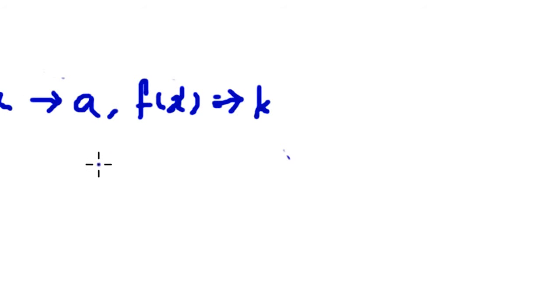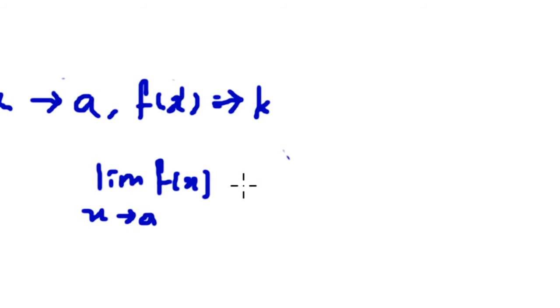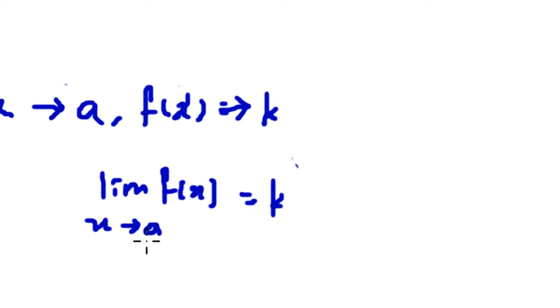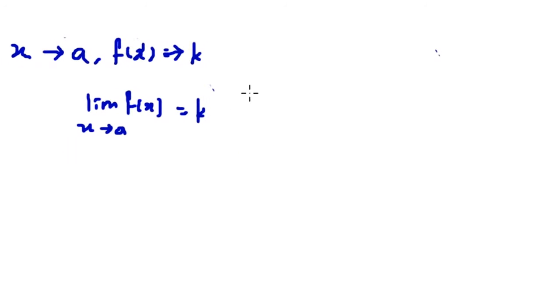This result can be written as the limit of f(x) when x approaches a is k. So this is the concept of the function f(x) where the variable is approaching a certain number. So let's see an example. For example, as x approaches infinity,